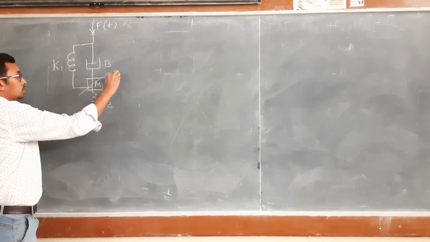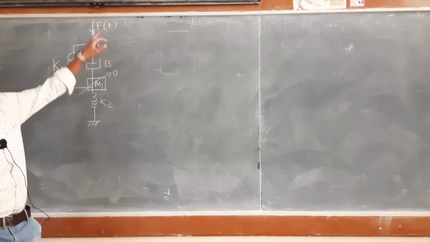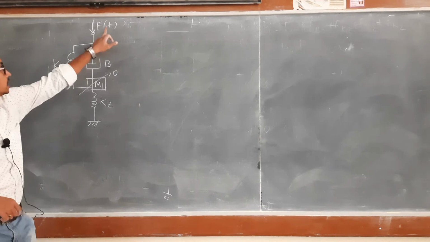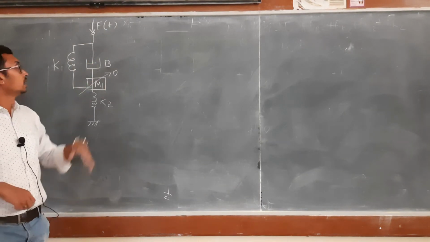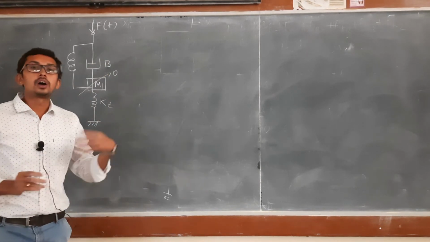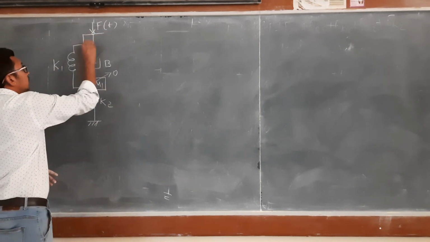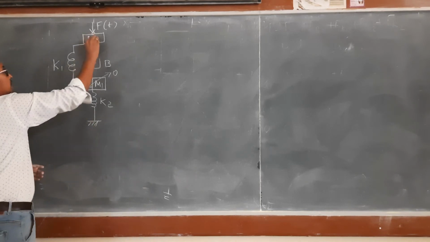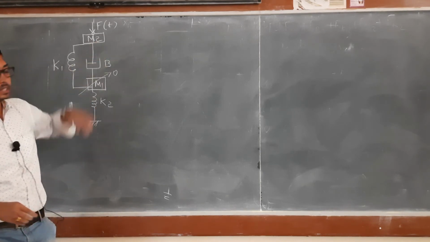And this must be equated to 0. In the same way, here another condition is there, very important. See here, the force is being applied to the damper. Whenever the force is applied to a damper or a spring, in such cases also we need to consider the mass. Always the force will be applied to the mass only. Therefore we need to consider the mass.